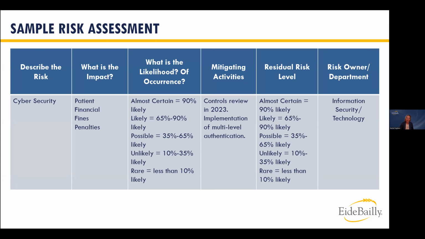I know that when I've sat in a room with individuals going through all of the various risks that we've accumulated based on interviews or the survey, we put them into different buckets, and sometimes that helps organize them a little bit. Maybe there's a compliance bucket, a finance bucket, an IT bucket, and we divide them up in those various ways. And then we start prioritizing based on this risk matrix to see, well, what do we need to float to the very top of the list, and what are some of the things that can maybe wait until later in the year or even maybe until next year.